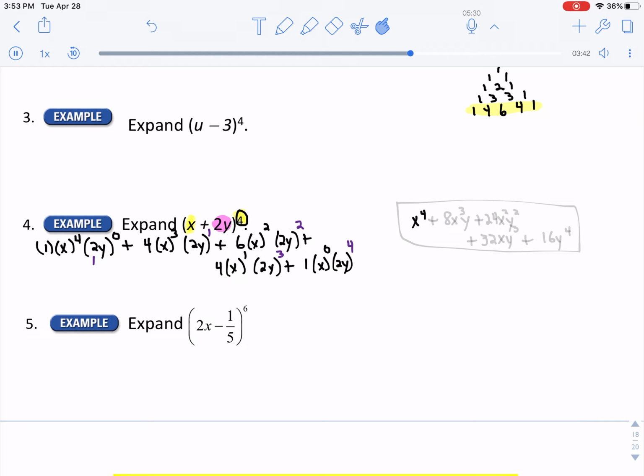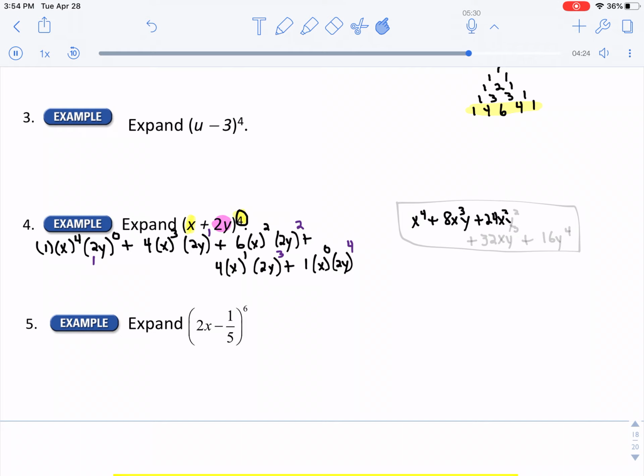All right, let's go to the second term. My second term is 4 times x to the third power times 2y to the first power. Well, 2y to the first power is 2y, and 2y times 4 is 8y. So my second term is plus 8x to the third power y. All right, my next term, that's 6 times x squared times 2y squared. Well, 2y squared is 2y times 2y, which is 4y squared, and 4 times 6 is 24. So I get plus 24